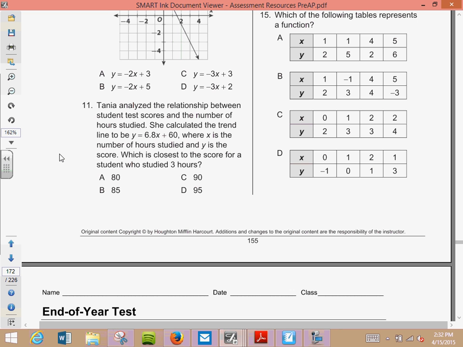You can, but they want an estimate, right? So you can do it without a calculator. What you said? 80. And what is 7 times 3? 21 plus 60? 81. So it's closer to 80, right? Because you round it, that means it has to be a little less. That's it. You didn't have to calculate anything else.